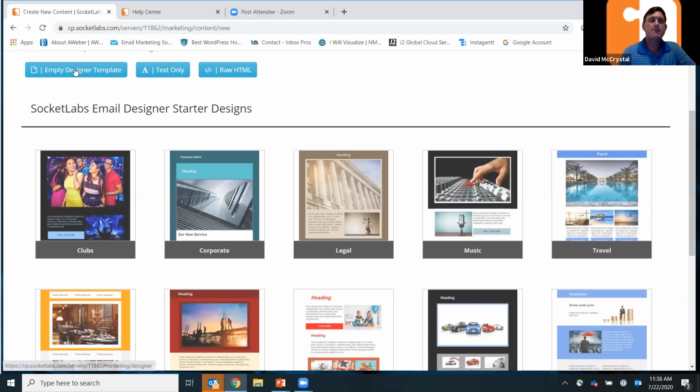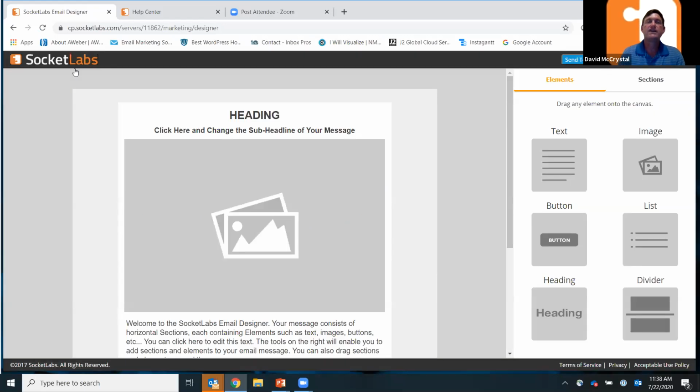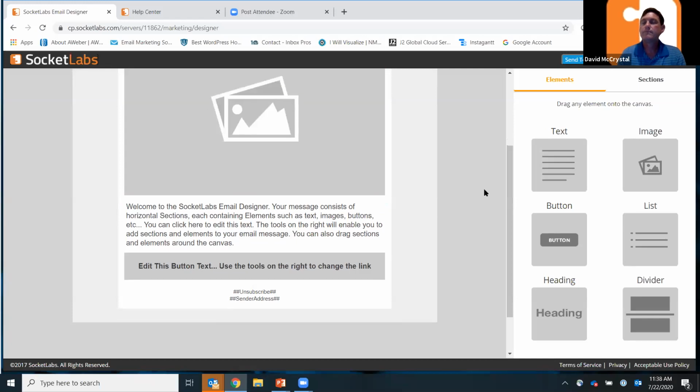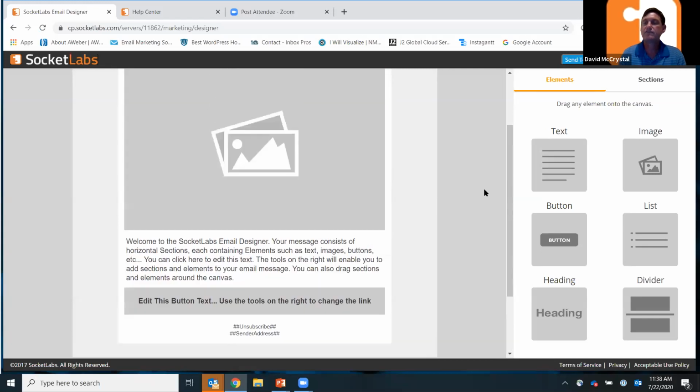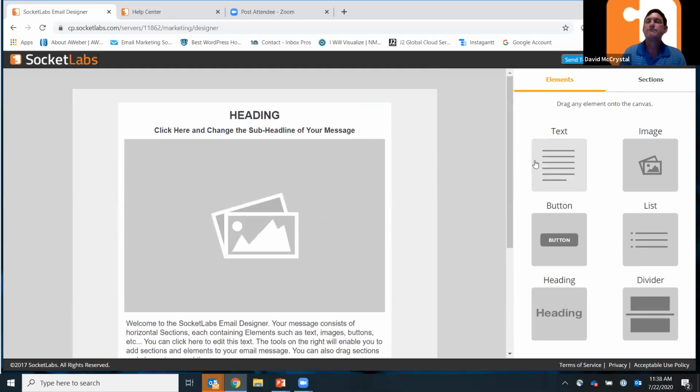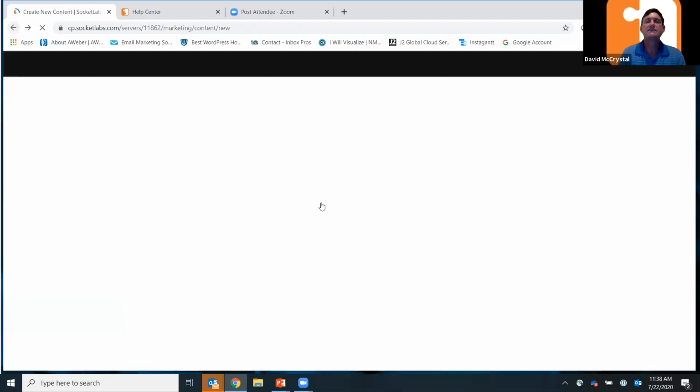Or you can just get started on your own, jump in and start creating your own template. Very straightforward tool set here on the side to create your buttons, your lists, your headings, your dividers, and allow you to configure the message to your liking. Once that is built,